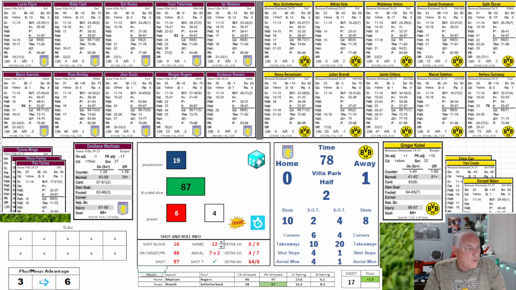Dortmund has it. 487 P. 972 taken away by Sabitzer. Dortmund has the ball. 87 is a P. 824 is a foul 4 and a P. 832 Duran just misses the shot number. It's offside. So Duran goes offside. Dortmund has it. 718. Shot by Brandt against a 1. That's off target. So Brandt goes off target.